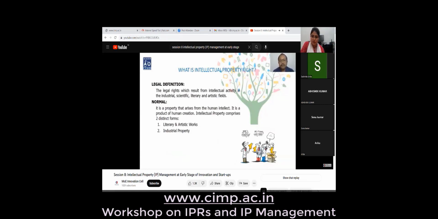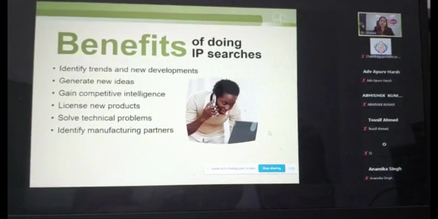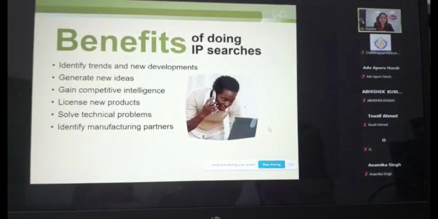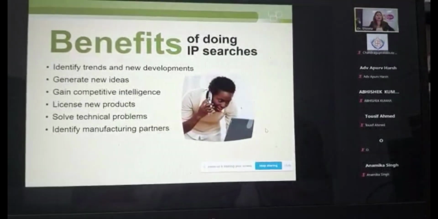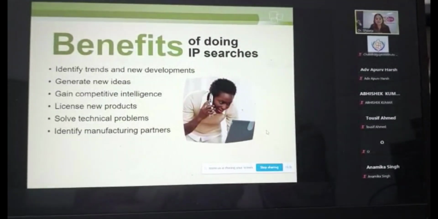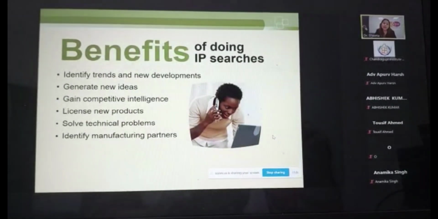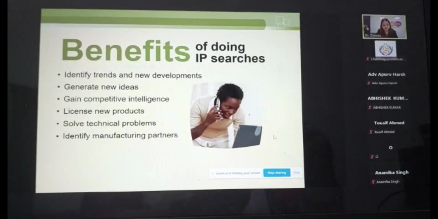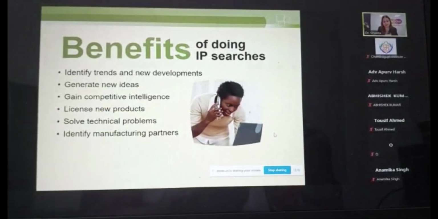While beginning with IP, many of us research literature. There is a definition for intellectual property right, where you can actually put down the money and make money out of it, right? Then doing IP research, you will always be doing a focused research. That means, maybe reading others' patents or others' IP, you generate a new idea of doing some kind of changes in those, or bringing some modification or improvement in the present idea. And always as a company, you gain a competitive intelligence, because this IP is a competitive pillar for any business.